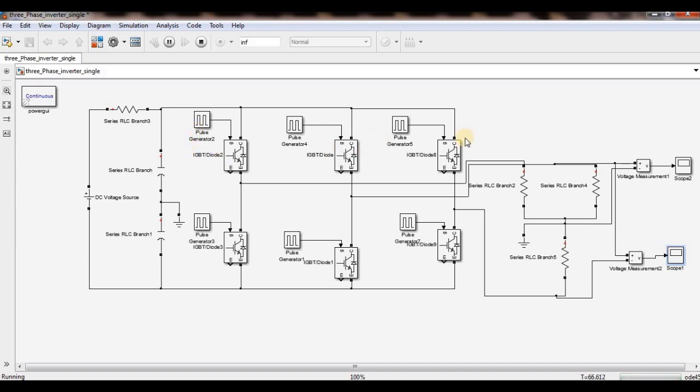I am not providing any pulse width. In my next video I will show you how to apply the PWM technique and how to use closed loop control. If I want 150 volts, I can get up to 150; if I want 200 volts, I can get 200 volts if a sufficient DC source is available. So we can see this in the next video.